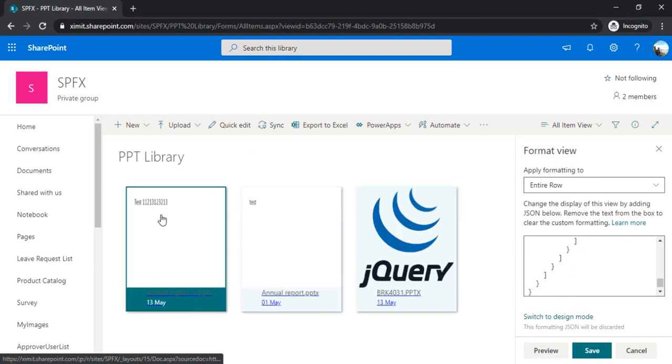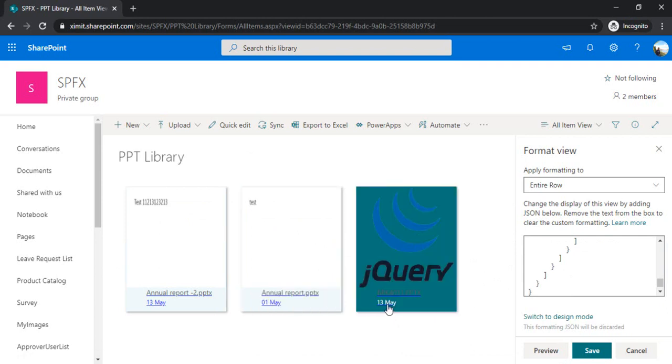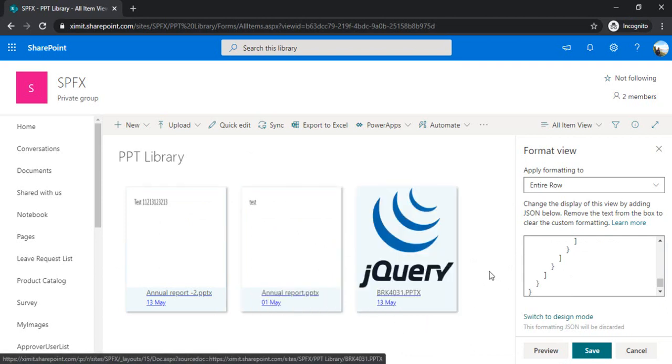In the preview, you can start seeing the tiles with the name of that file with the friendly date. So this is how you can format your views without touching or creating any cumbersome SPFx packages. So in quick time, you would be able to get your functionality.